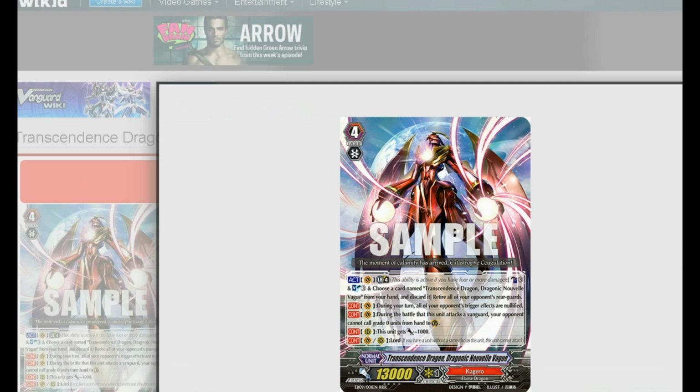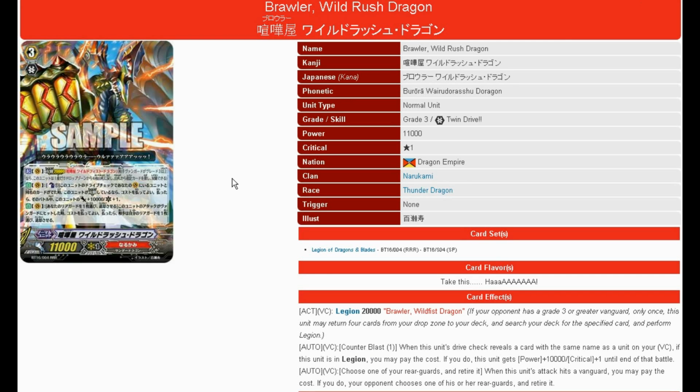One of the other reasons Legion is not going to be fun to play with? Look at this card. This card says, Counterblast 1. When this unit drive checks a card with the same name as your Vanguard or your Legion, it gets plus 10,000, 1 critical. That means the grade 2 that's right next to him and this card, if you drive check 1 copy of that, he will get plus 10,000 and 1 critical. So, your opponent has to guard first. So, they have to think about that plus 10,000 over breaking their shield. So, this card will be 20,000